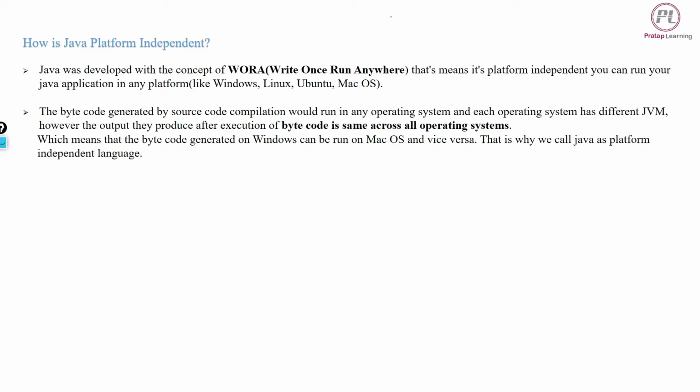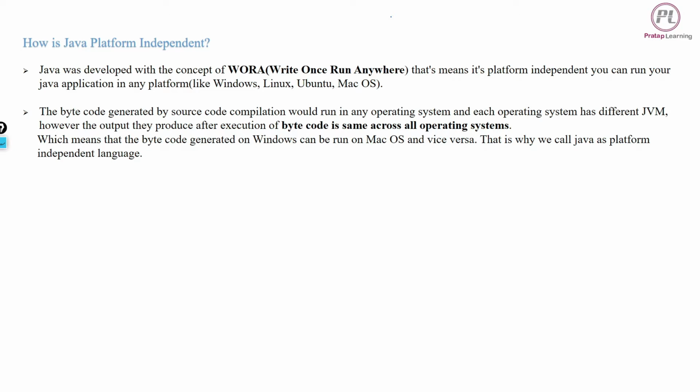So what does that mean? You can run your Java application on any platform like Windows, Linux, Ubuntu, Mac OS. Actually, you don't need to make any changes in code for running the Java application in different OS.